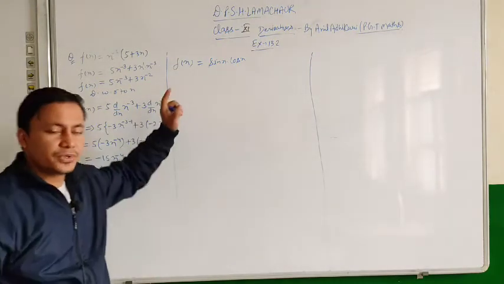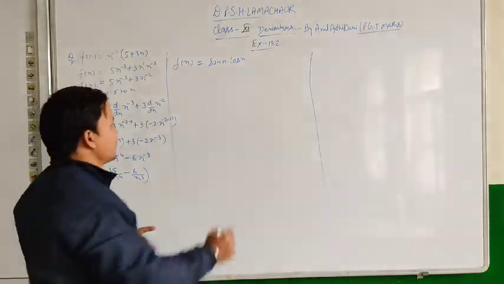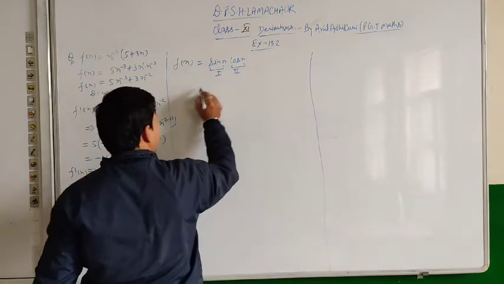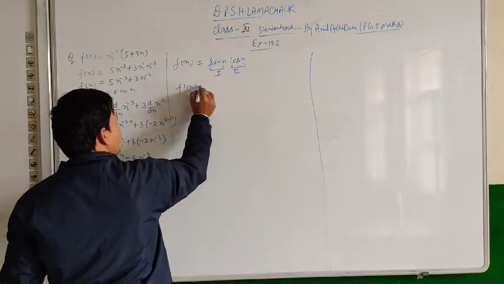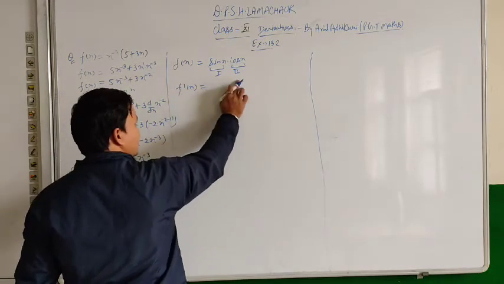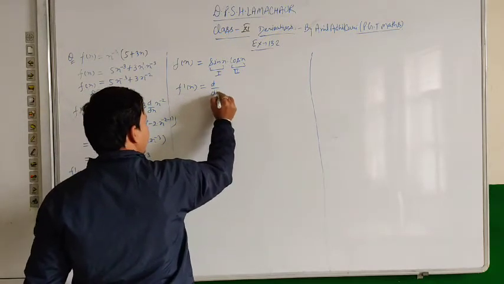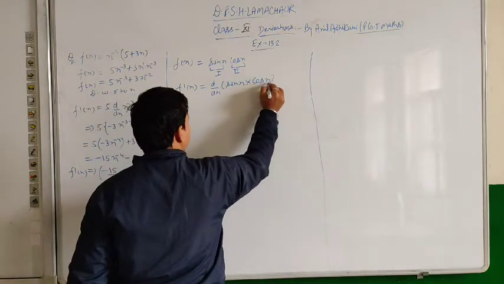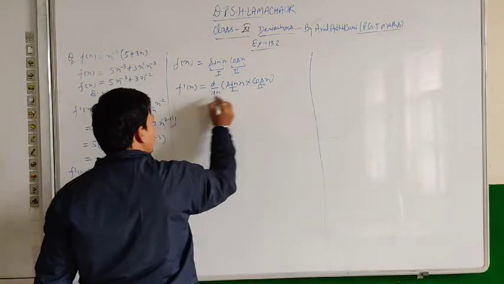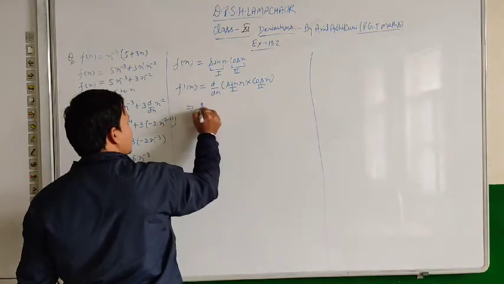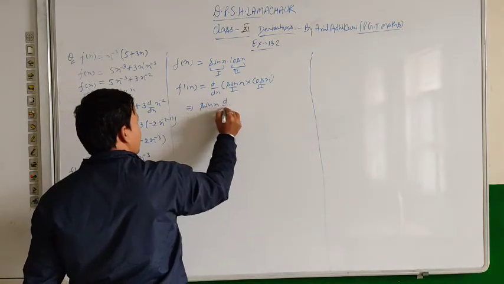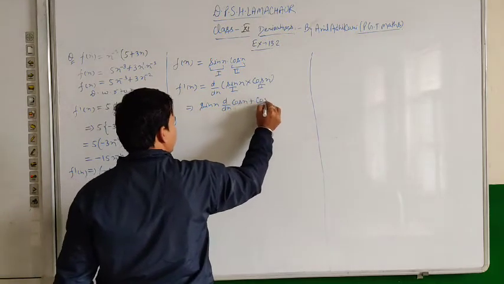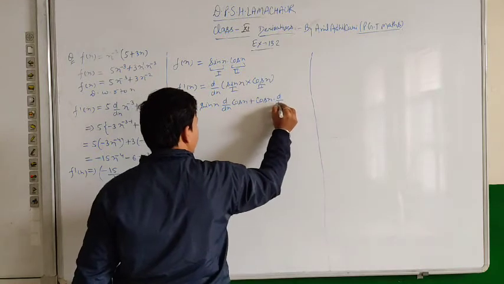So here we are going to use the product rule, because there are two functions, this is sin x, let it be first and this cos x let it be second, okay. So the derivative of this function, that is f dash x, is equal to, apply here the product rule, d by dx of sin x into cos x, let it be first, let it be second. Now apply the product rule. So first function, derivative of second, plus second function, derivative of first.